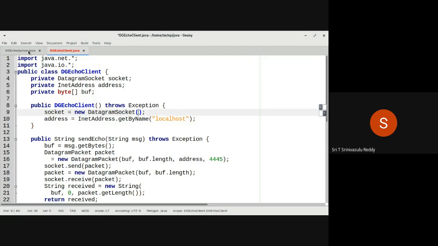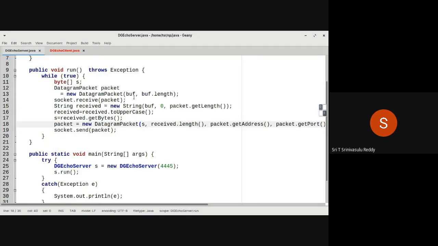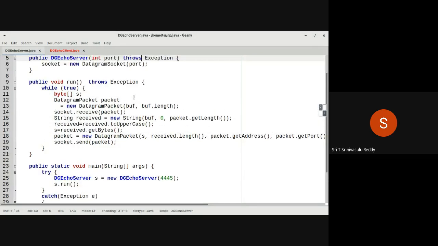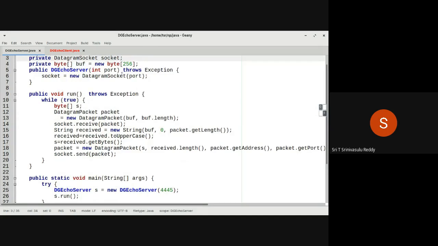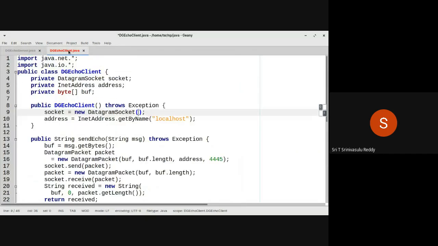Whereas when you are creating a datagram socket on the server side, as you can see here, you are creating a new datagram socket with a port number. A fixed port, actually, you are trying to run on. That is going to be useful for the client to send to a known port number. This is called naming the socket. The other day we said named sockets. Named socket means a socket with a known port number. Unnamed socket means a socket with an unknown number. It can be any number.